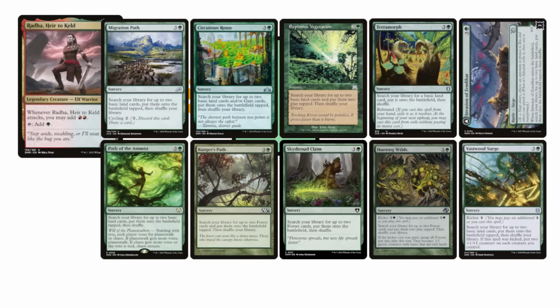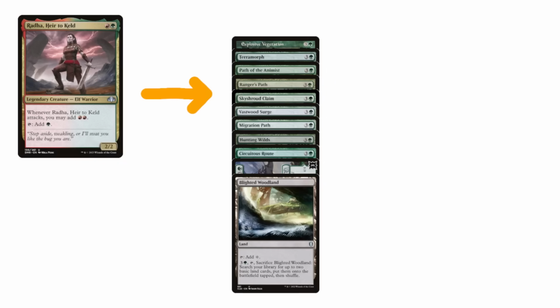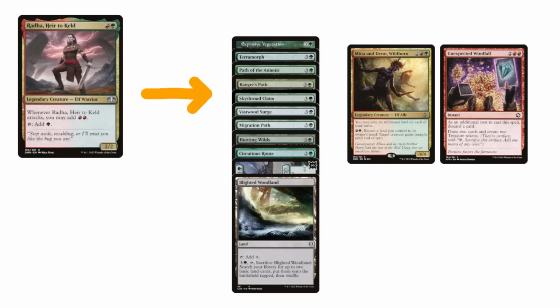I run all 10 of these effects that exist, as well as Blighted Woodland, an untapped land that can also serve as turn 3 ramp if I activate it during combat after attacking with Rada. From there, the deck ventures into a bunch of other cards that perform some sort of ramp function, including extra land spells, like Mina and Den, filtering cards that produce treasures, such as Unexpected Windfall, and a handful of other